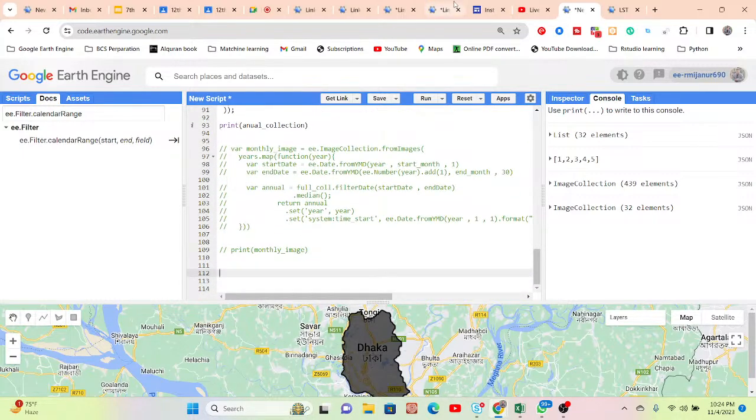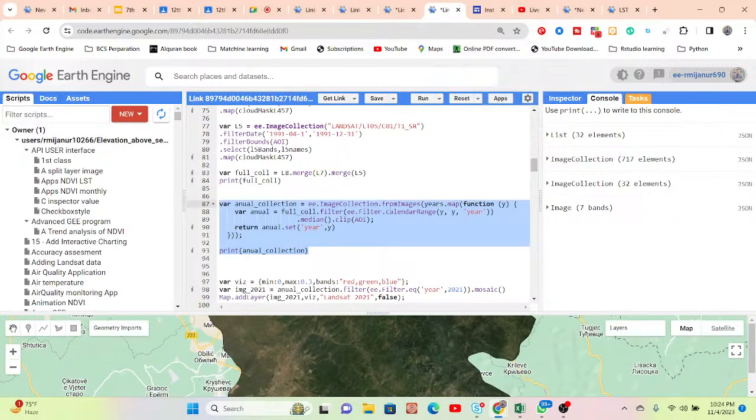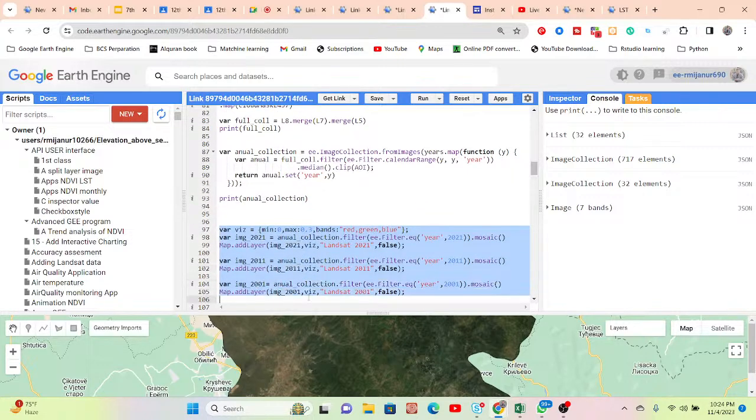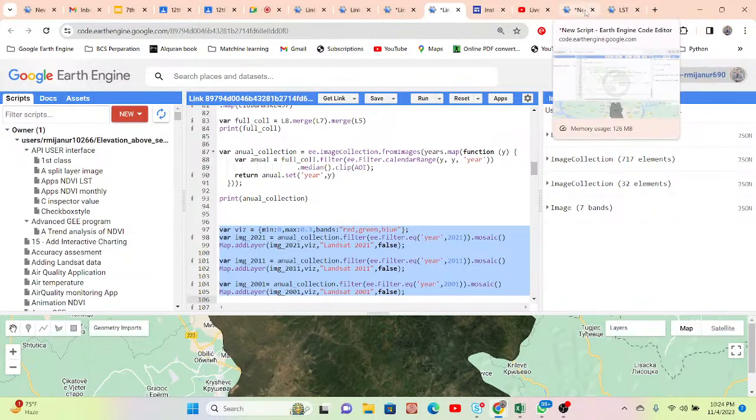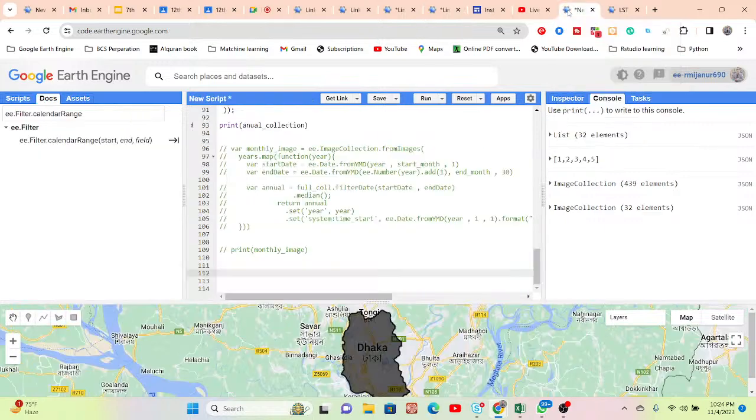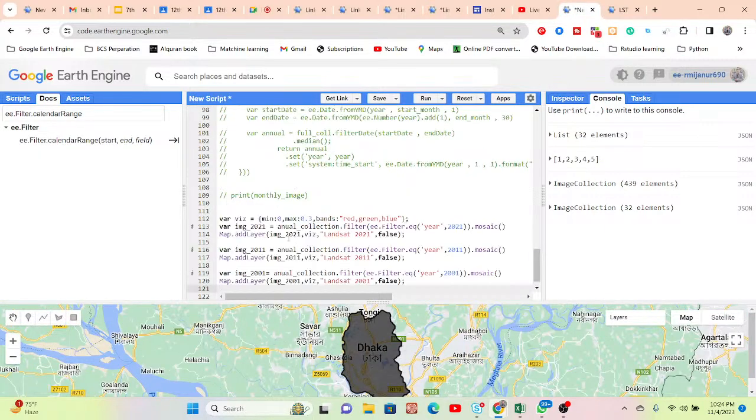So for that, I should show the same process. Suppose I simply copy this code from here and show you. Simply copy, and simply paste it here. So now from here you can see the annual image collection, which contains a total of 32 years of images. So from here I just want to show the image